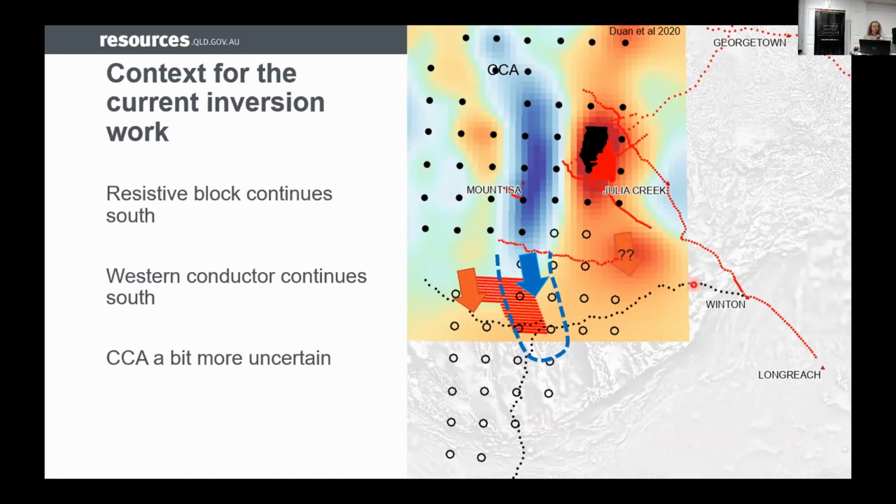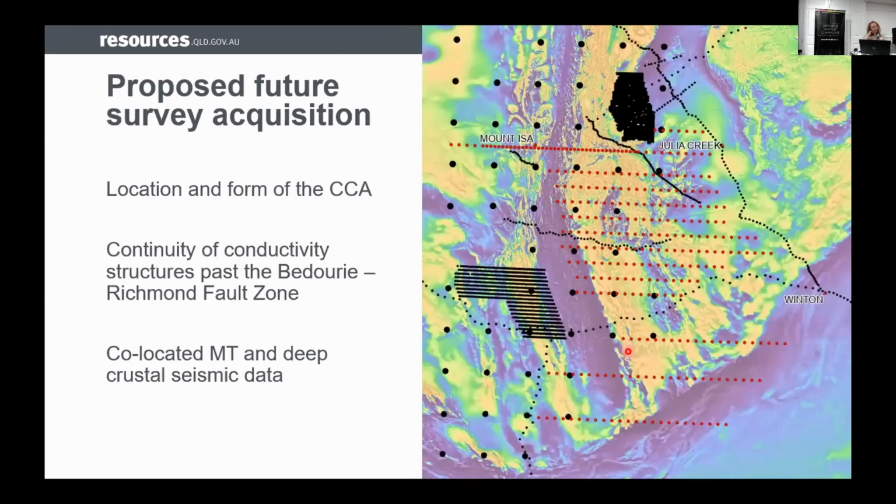But there's a few more questions about what's going on with the Carpentaria conductivity anomaly. Is it the same structure that continues south, but it's less intense, or is there something very different going on at Cloncurry compared to what's going on further south? So we don't have a good answer for this one yet, which is where the next bit of MT work comes in. So this is only a proposed site plan. It's not been tendered. It's only what I would like to do if I can get all of my stars to align,